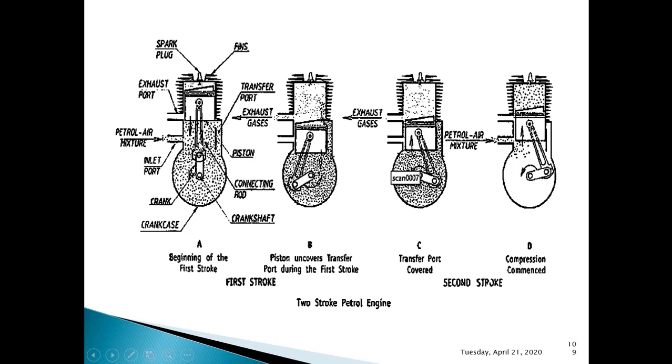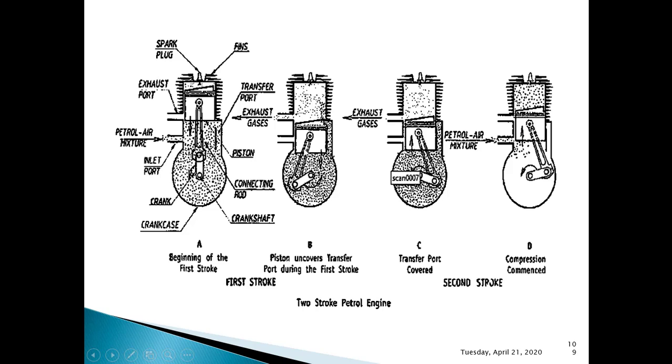Next, again we will see how the air fuel mixture will move into this engine cylinder, or you can say combustion chamber. This is the crankcase. So the air fuel mixture will enter this crankcase through this inlet port. When the piston starts to move from bottom dead center to top dead center, it uncovers this inlet port. As soon as the inlet port gets uncovered, the air fuel mixture from the carburetor will enter this crankcase through this inlet port, and this will be continued until the piston covers this inlet port during the next descending stroke.